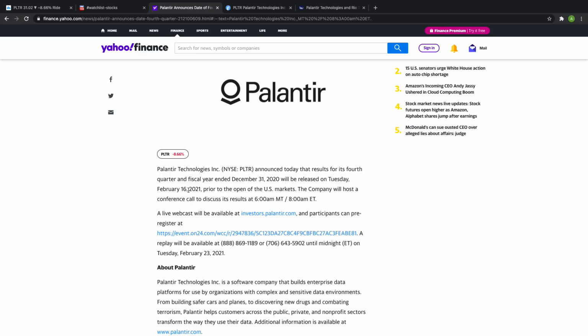And if we take a look back at their S1, which I don't have pulled up here, you'll see that they mentioned that the lockup expiration date is the third trading day after earnings. Since this is a Tuesday, that means that the new lockup expiration date should be February 19th, which is actually a Friday. So if you're trading options specifically, you're going to pay high implied volatility and high premiums to buy